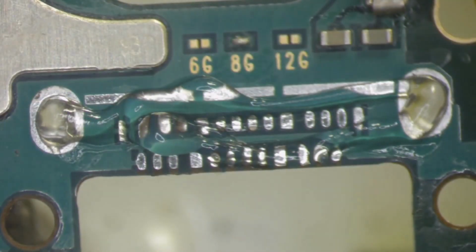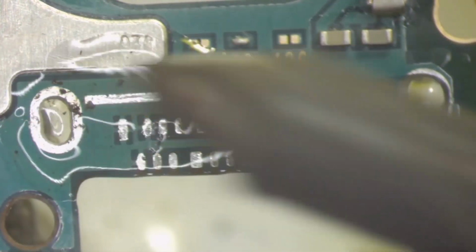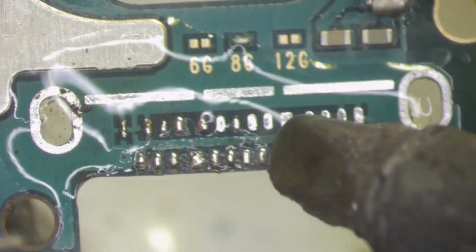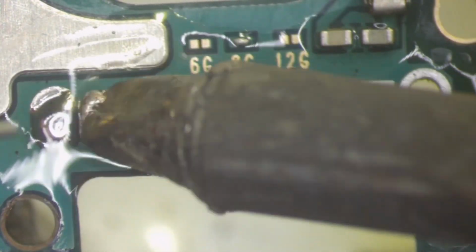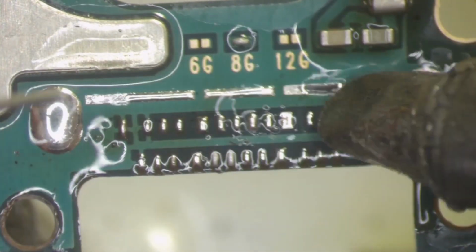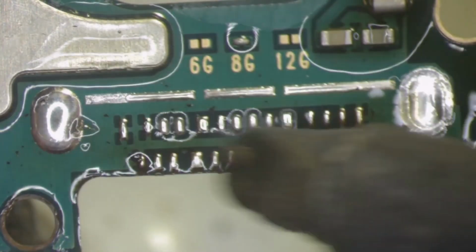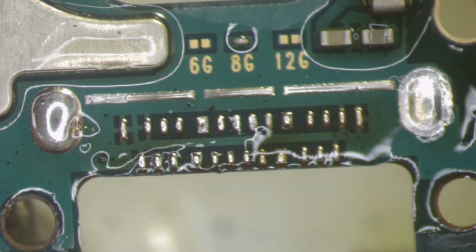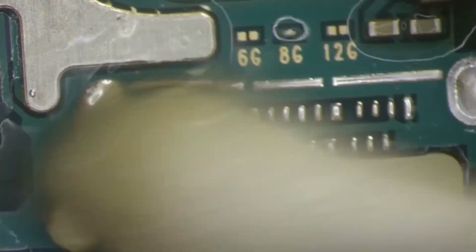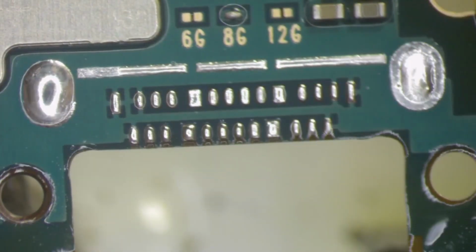Now here we put some new flux, and you have to be very careful when you retin these little pads, because you don't want to put too much solder on them or too little, because if one has too much and the other one too little, one might get soldered, the other might not. So after you go once over them, I usually like to clean up and re-inspect them